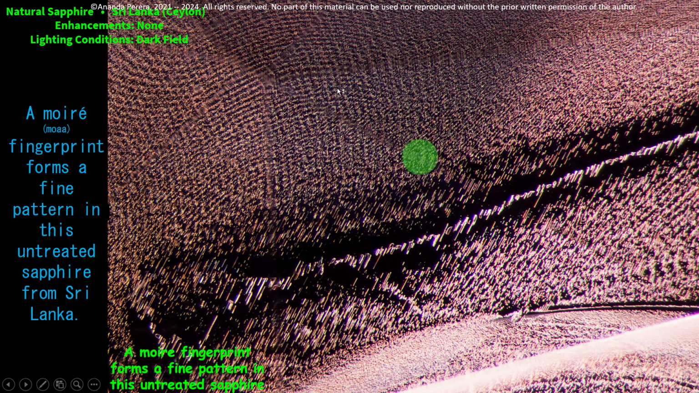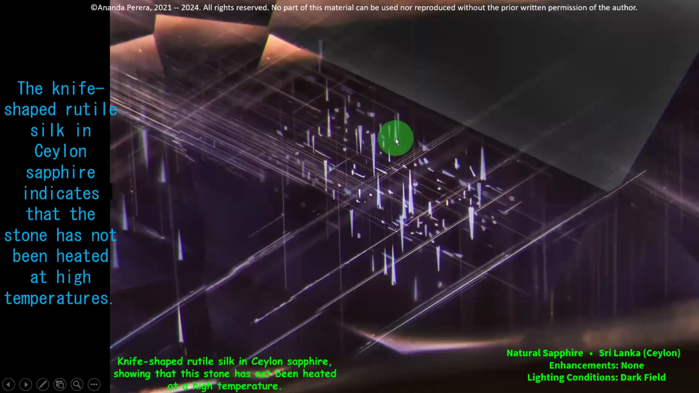All are negative crystals. If you see these kinds of fingerprints inside the stone, you can see the stone is natural. The lighting condition is dark field illumination. We are moving to this beautiful fingerprint, not fingerprint, sorry, beautiful